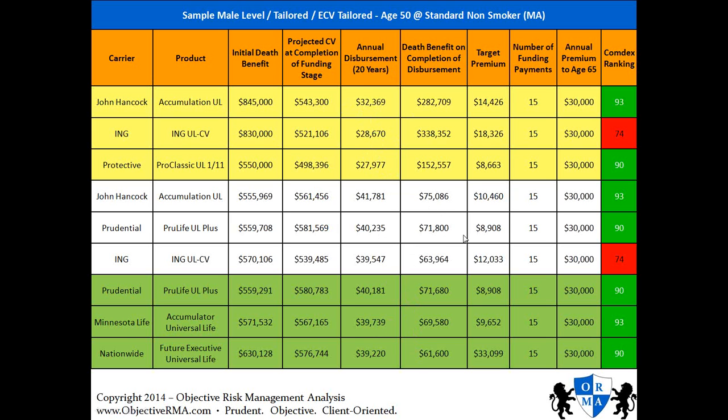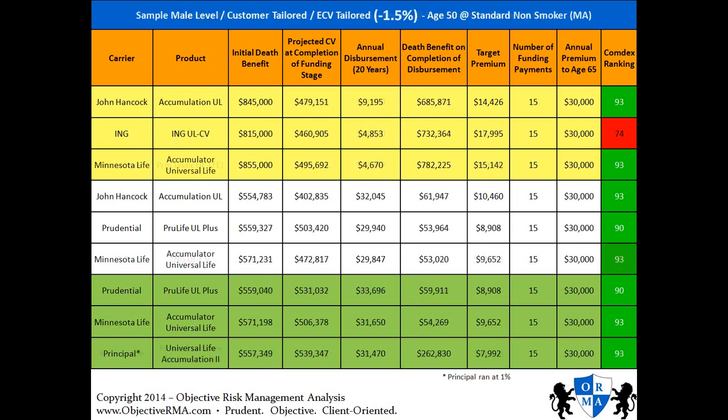This one is if the policy performs as it's illustrated, and then this next slide is if it's underperforming by 1.5%. And then you can see how the different structures stack up against each other. The tailored approach is absolutely superior, and this is what good agents will do for their clients. But every now and then, I'll run into something where the policy just had a level death benefit because that's what the agent was given by his back office, and then I run into situations where the benefit they thought they were going to get isn't going to be where it needed to be.